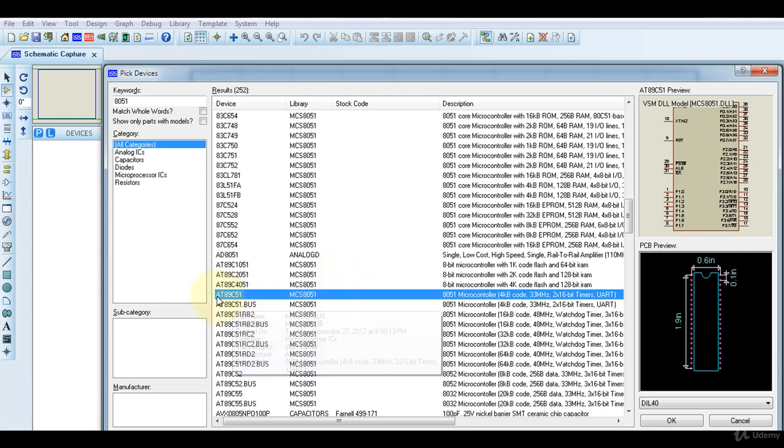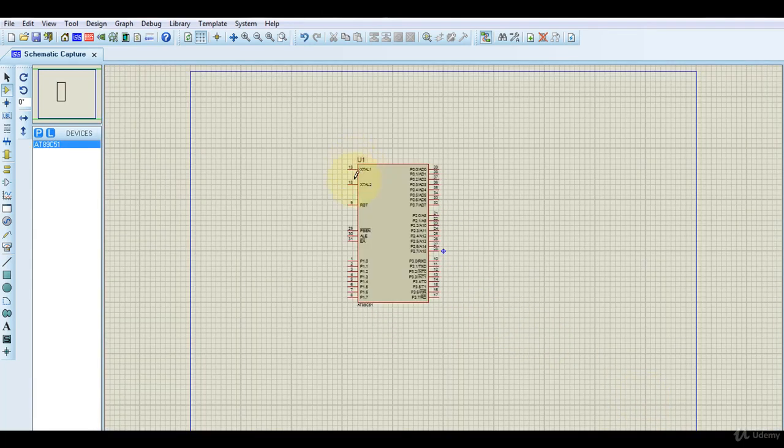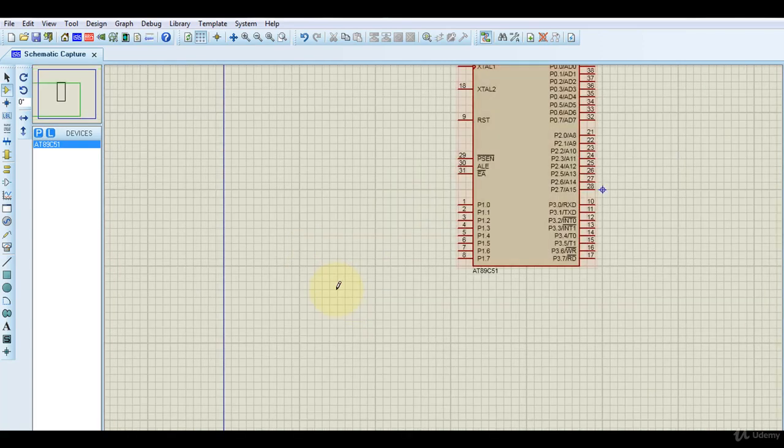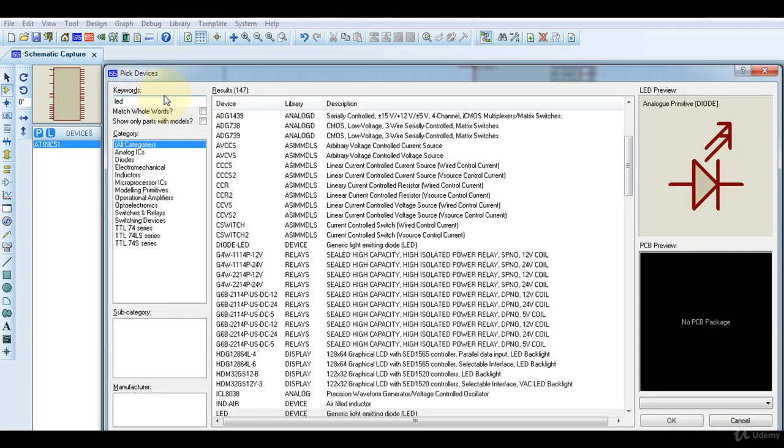So I am using the AT89C51 microcontroller here. The code written for the P89V51 microcontroller will also run on the AT89C51 microcontroller, because the basic internal architecture of both microcontrollers is the same.